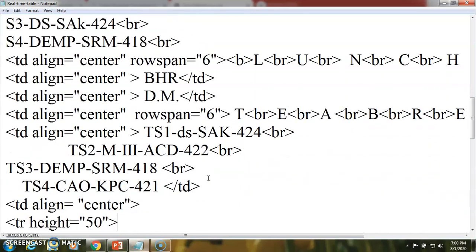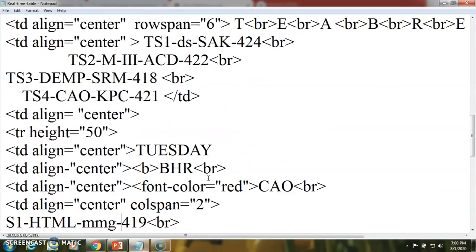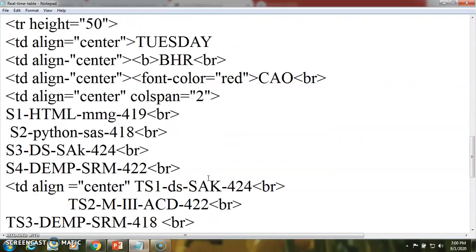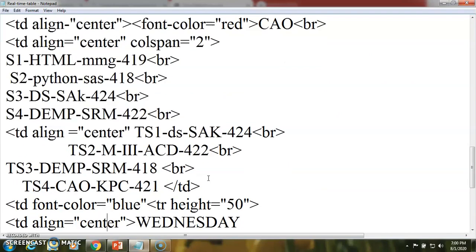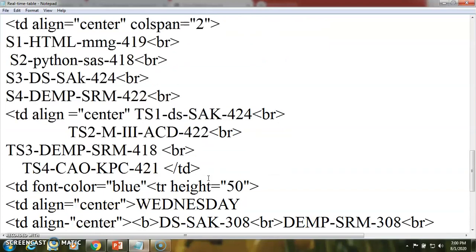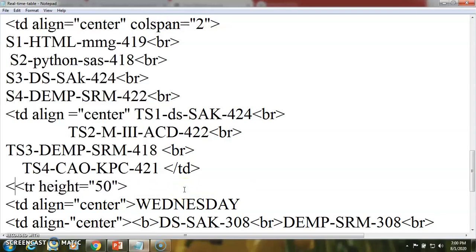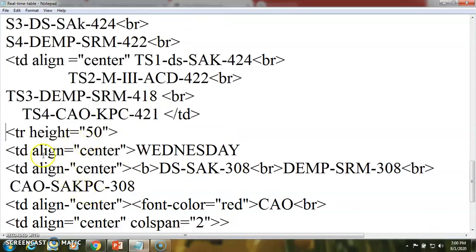Monday we have covered, then Tuesday we have covered. For this next row we have applied the property.